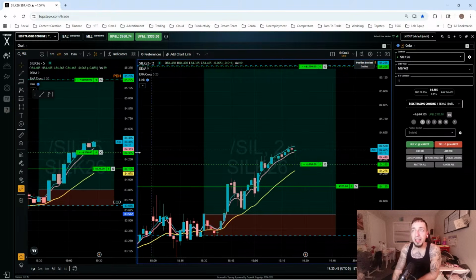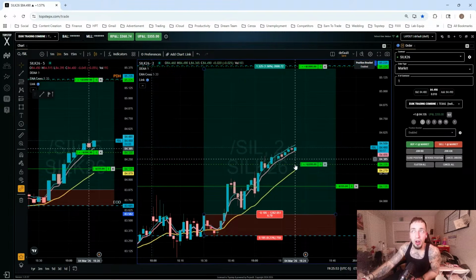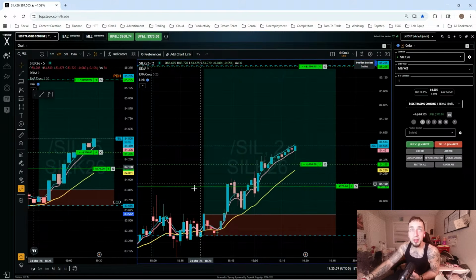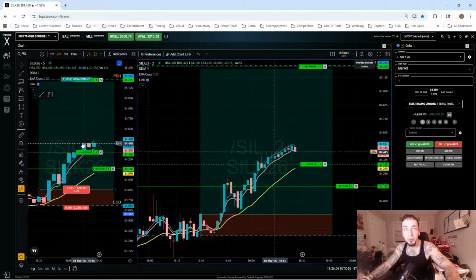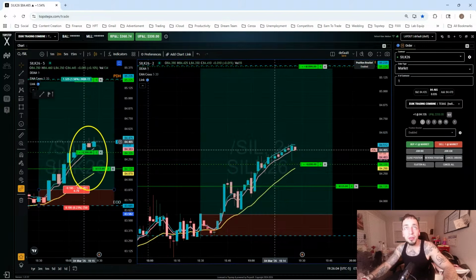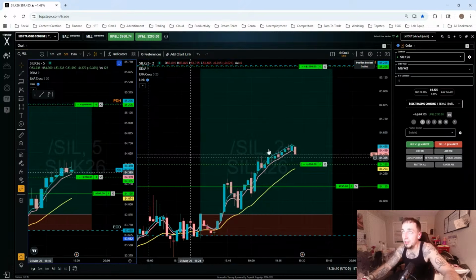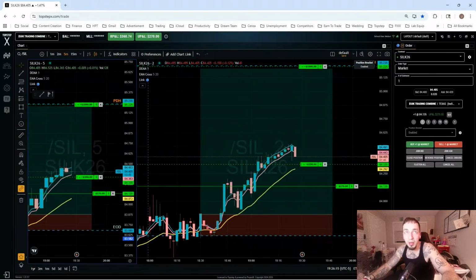So I wanted to get really clear on, okay, when I see this 3-step approach, I pull the trigger. Notice here, I gave it enough room to hold the 2-minute 5 because I wanted to capture this. The 5-minute trend over here is a healthy trend. So in my mind, healthy trends tend to continue. We actually just got an RBI right there, so we might be adding into this.